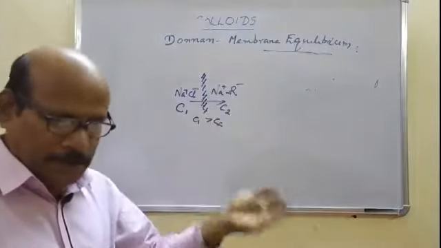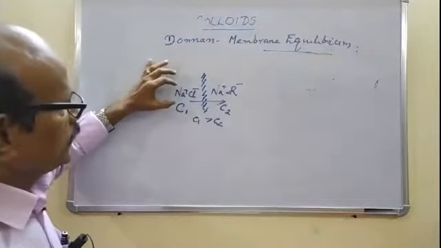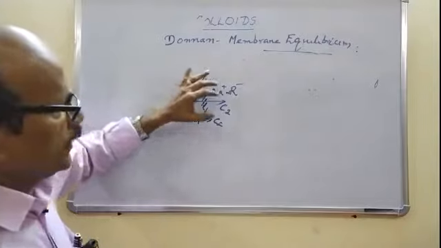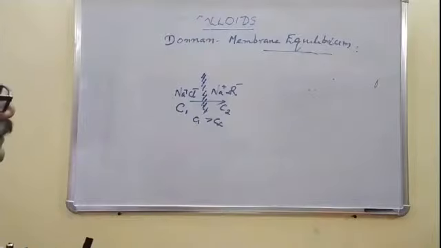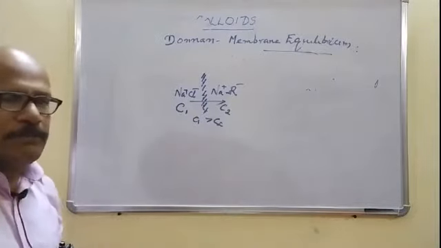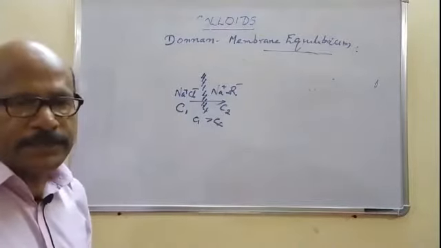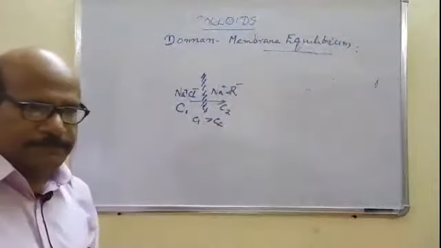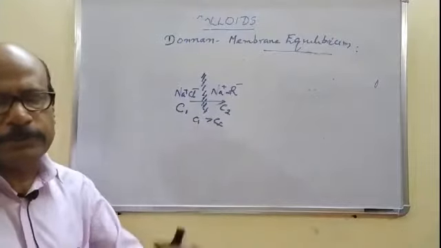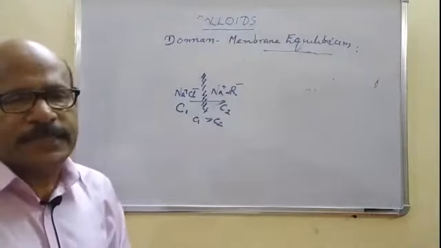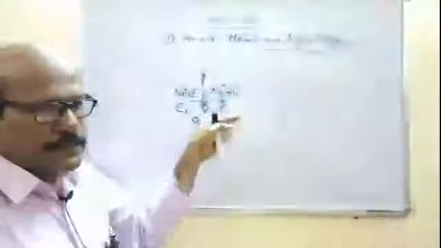And at equilibrium, okay, there is a definite concentration of the sodium and chloride ion on both sides of the membrane. That is what we are going to find. And let X be the number of moles, or the amount, of the sodium and chloride ion that have undergone diffusion through the membrane. Okay, let X moles per liter be the amount of Na plus and Cl minus ion that have undergone diffusion through the membrane to the right side, or Na plus R minus.